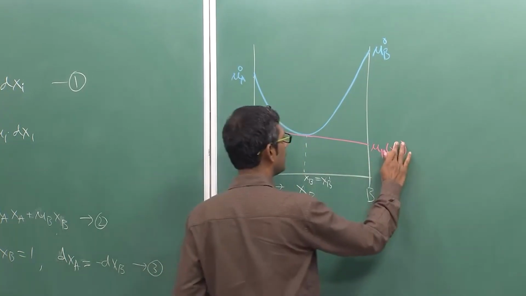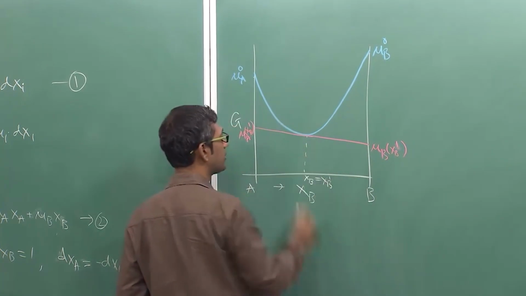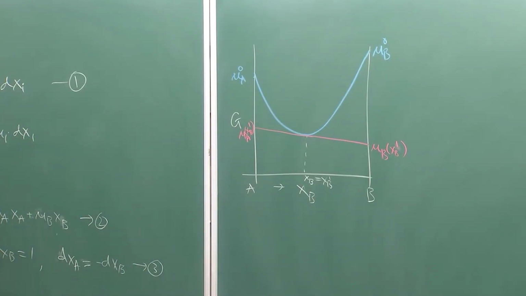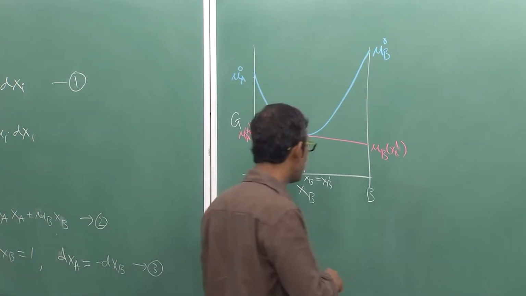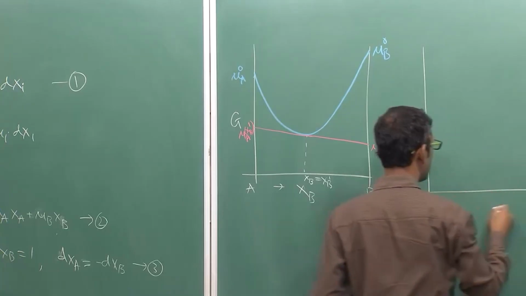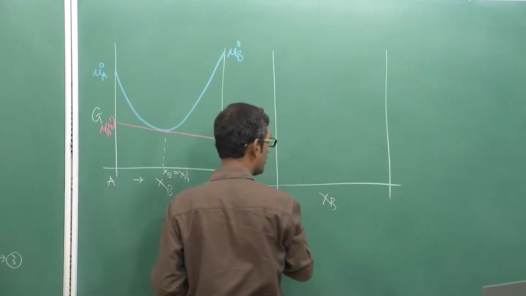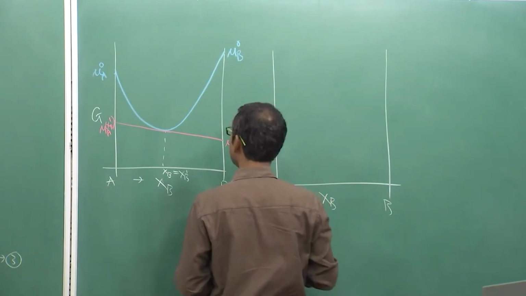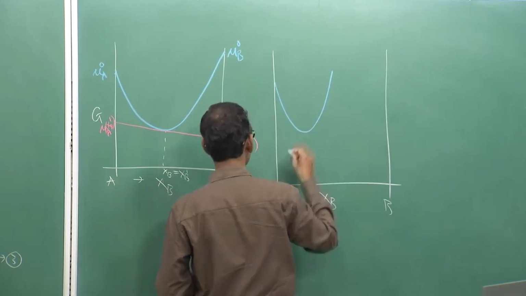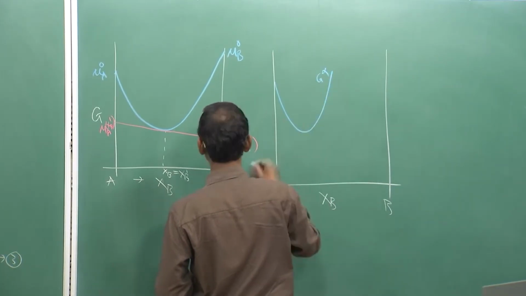Sorry, xb1, not 2, because xb1 is the composition at which you are deriving. That is the way the tangent to curve rule actually applies. So for a two phase mixture, as I told you in the last lecture, again I am doing it for your understanding. For a two phase mixture, suppose I have alpha phase, this is G alpha,